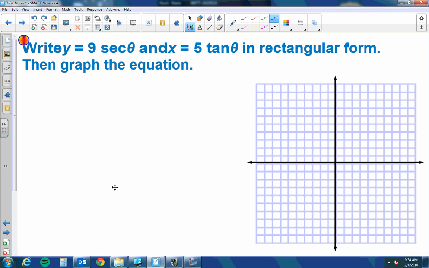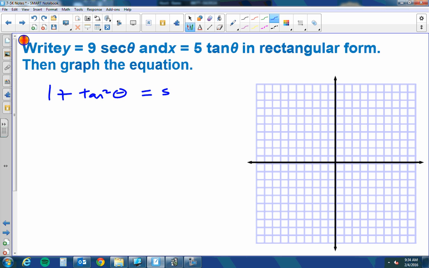Now, one of these, just watch once again. Which identity do I use this time? Remember, there's 3 of them. There's cosine squared plus sine squared equals 1. There's tangent and secant. There's cotangent and cosecant. So 1 plus tangent and secant means 1 plus what? Tangent squared